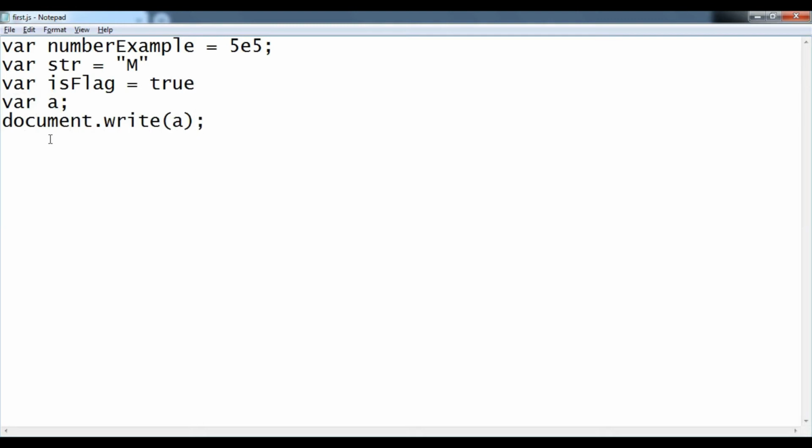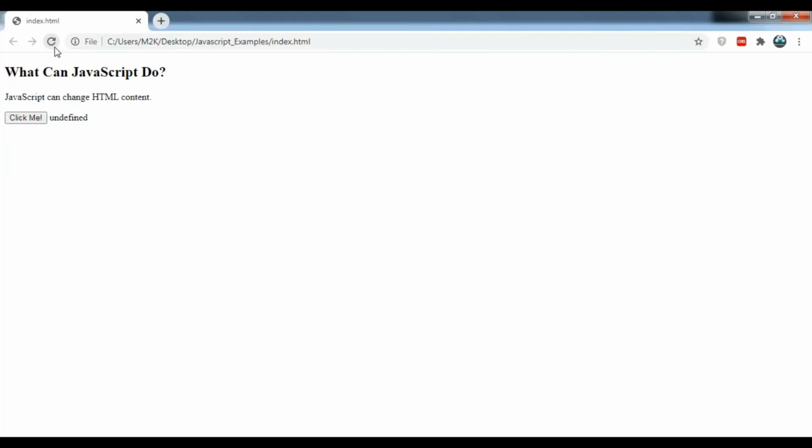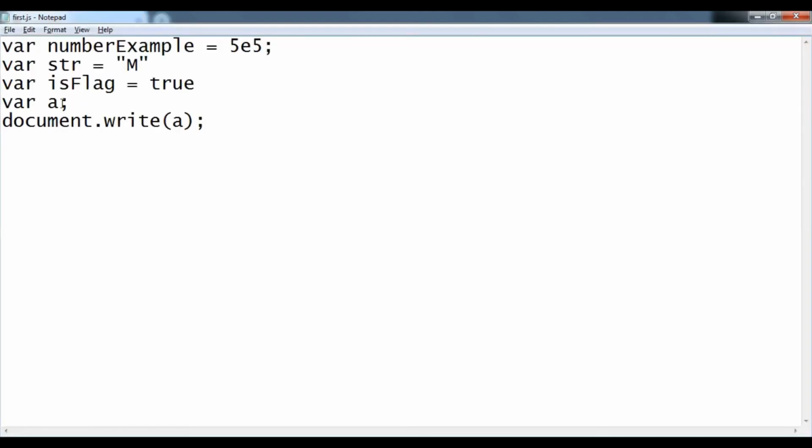So here you can see it's giving me undefined because we have not assigned anything. So a variable is of undefined type if we are not initializing it. Okay, so this was the undefined type.